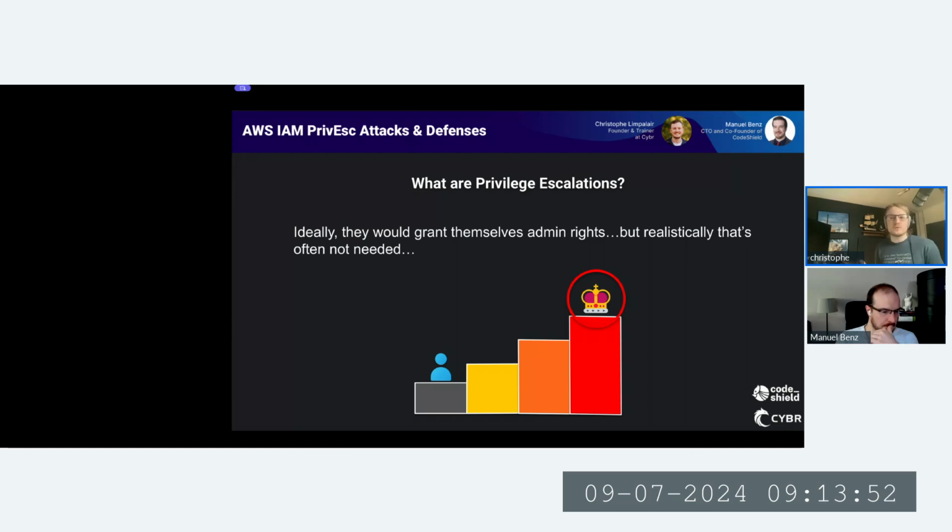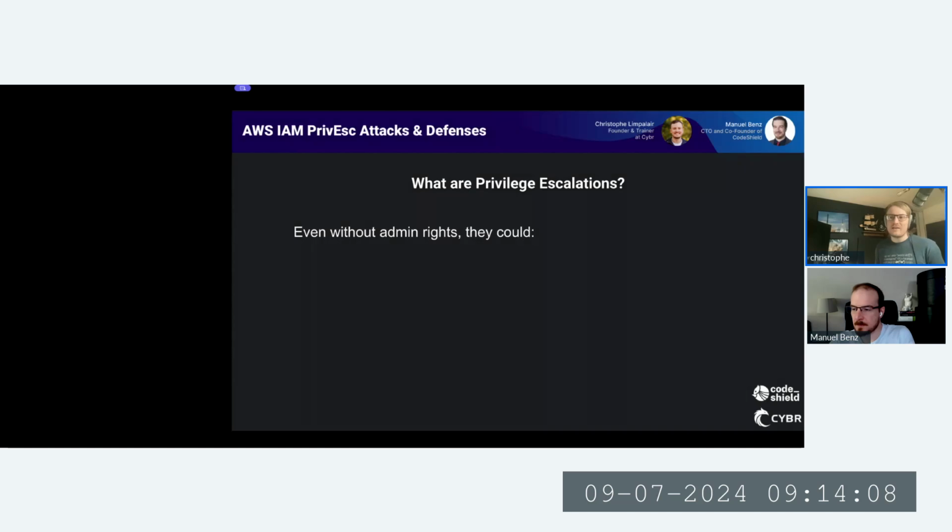I think a lot of times that's what people think, right? Oh, an attacker got very limited privileges. They found a way to get admin level privileges to completely compromise your account and you're screwed. Well, that's not necessarily the case, right? You could have much lower level privilege escalations where they don't even need to have access to admin level privileges